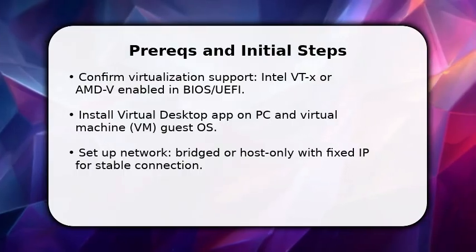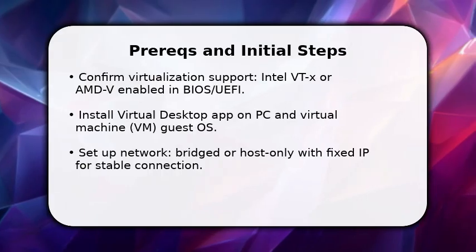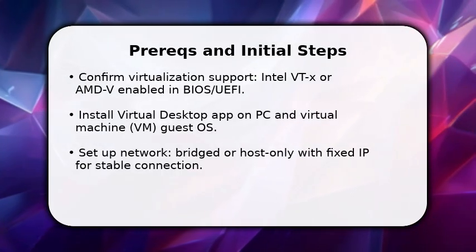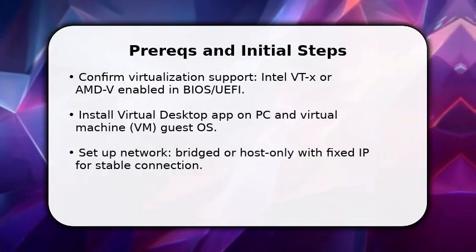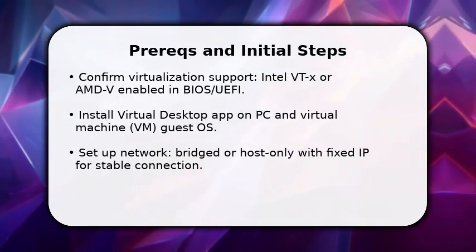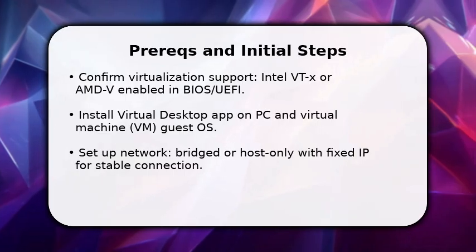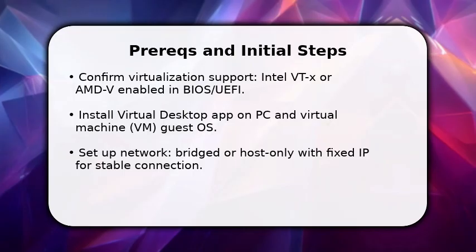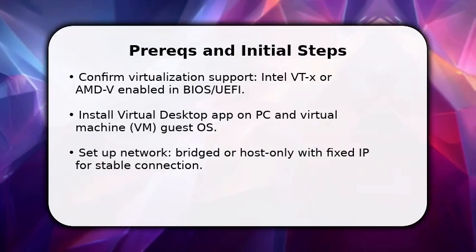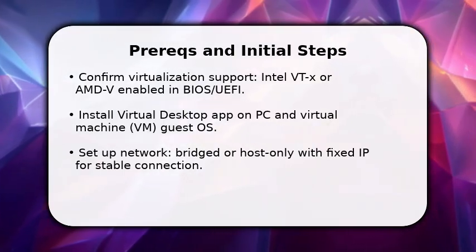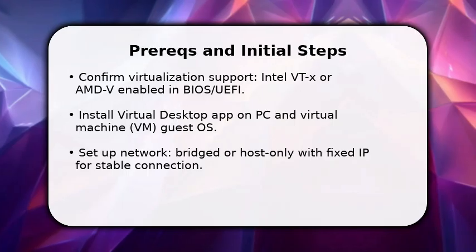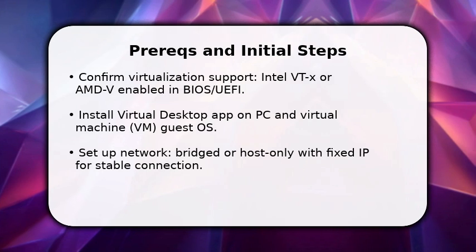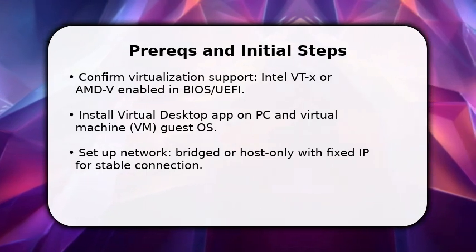You start by confirming prerequisites. Enable Intel VTX or AMDV in BIOS so the VM can run efficiently. Next, install the virtual desktop client on your PC and ensure the guest OS has the companion software. Once done, choose a network mode, bridged or host only, and assign a fixed IP to the VM to avoid fluctuating addresses. Make sure firewall rules allow traffic for the virtual desktop app and that your GPU drivers are up